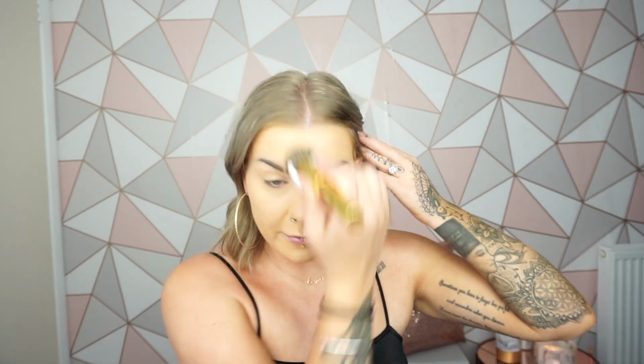That's not a bad match, actually. Looking in the mirror, my face looks a little bit orange, but it's not that bad. That'll line up. I have still got quite a bit on my hand left, so FYI, do not use 3 pumps. Whoops. Okay, so all in all, looking in the mirror, I actually really like how it's sitting, but